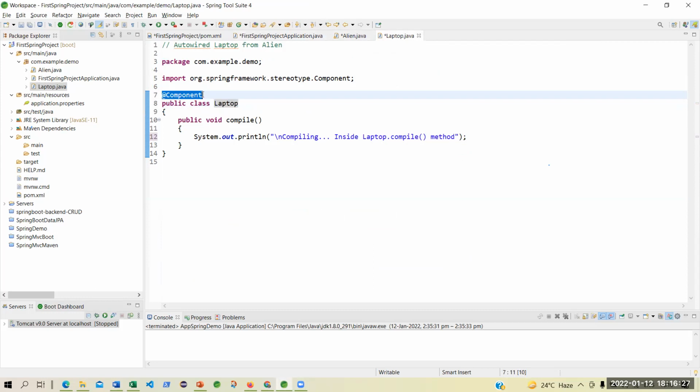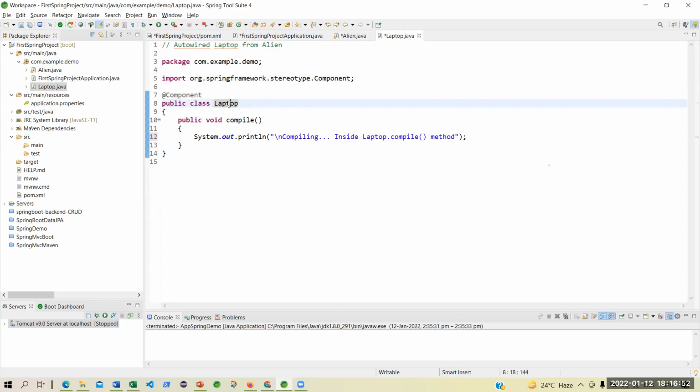I'm calling this component annotation, which is available in this package of Spring Boot. You are importing it, and this component will make this Laptop a component. It will no longer be an ordinary object.